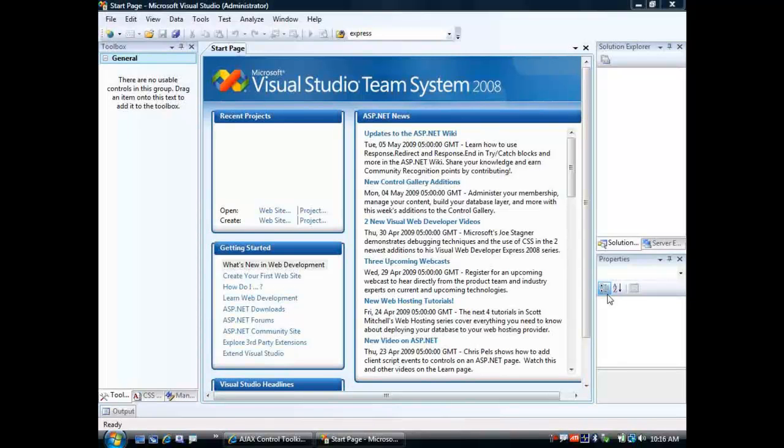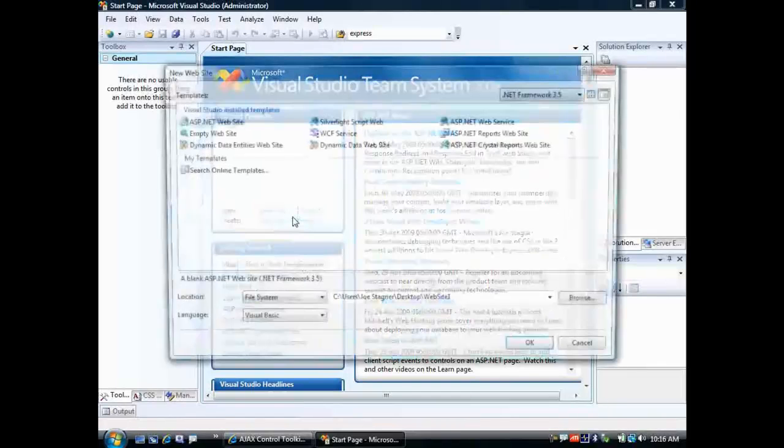In this video, I'm going to show you how to set up your development environment to work with AJAX applications and ASP.NET. This is actually one of two videos. In this video, I'm going to show you how to set up your development environment when working with ASP.NET 3.5, and in the companion video, I'll show you how to set up your development environment for building AJAX applications using ASP.NET 2.0. So the first thing we'll do here in Visual Studio is to create a website,